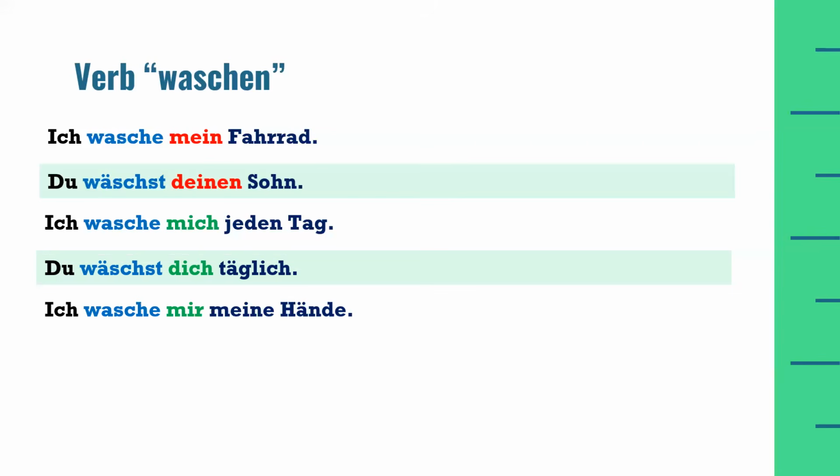Now let's look at another example: ich wasche mir meine Hände. I am washing my hands. Now, in this sentence, I'm not washing myself, rather, I am washing my hands. So my hands is another component in the sentence that will be in the accusative case, and the reflexive pronoun will be from the dative. This implies that the reflexive pronoun will always refer to the subject of the sentence, since the subject of the sentence is ich, and we know that the dative